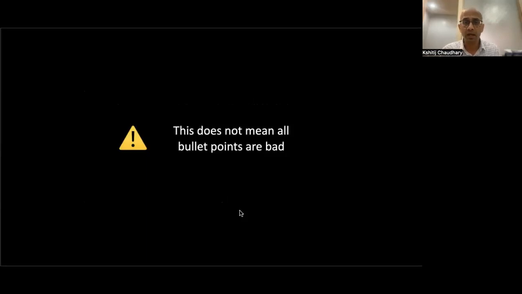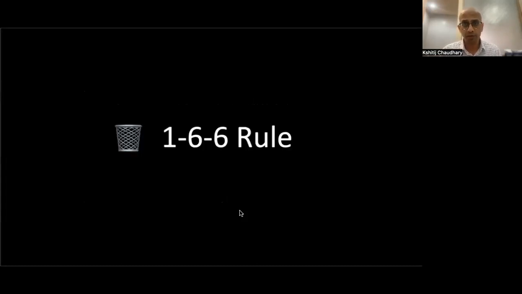This does not mean that all bullet points are bad, but like other design elements like color, it can be overused. A common error is to overuse the popular 1-6-6 rule, that there should be one idea per slide, and in general having one idea per slide is a good thing. But the other 2 points, that you should have no more than 6 bullet points per slide and no more than 6 words per bullet, this rule is a completely made up rule, but it is a very popular rule,